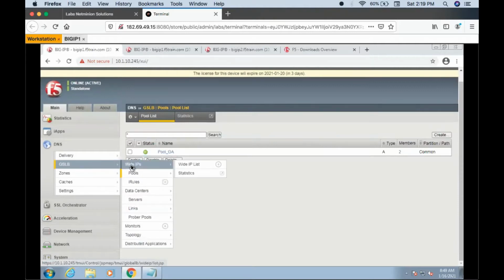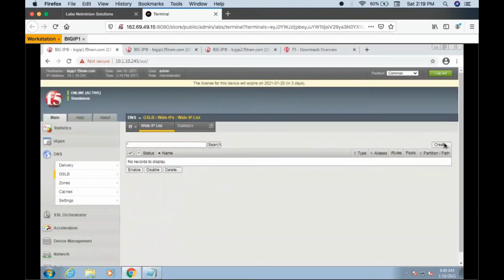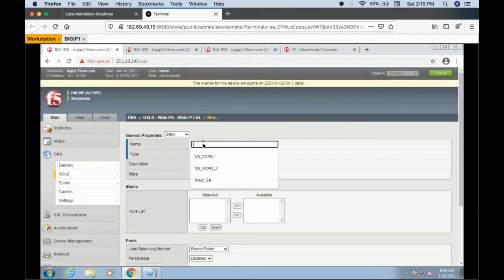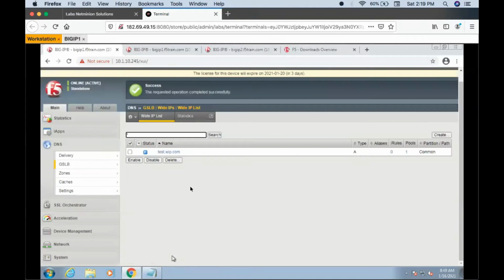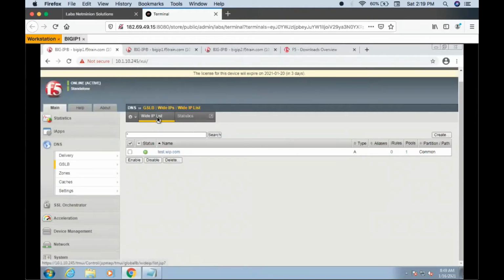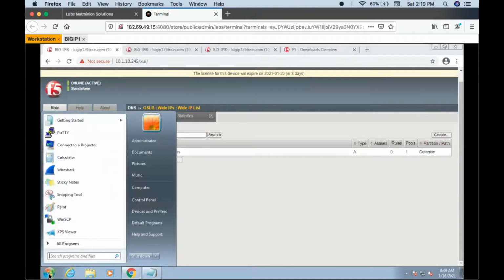Now we will create a wide IP. Name it test.wip.com. That would be type A. I'm not changing the LB method right now. So select this pool, add. So we don't have any GA configured. So let's